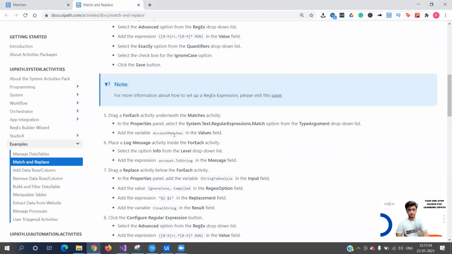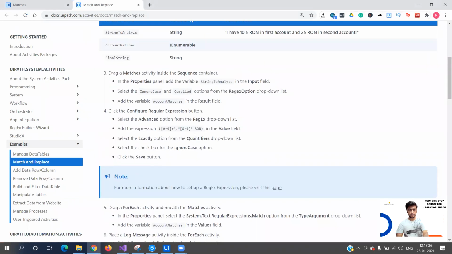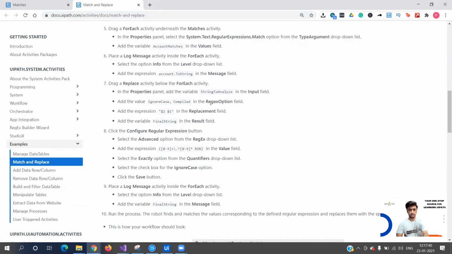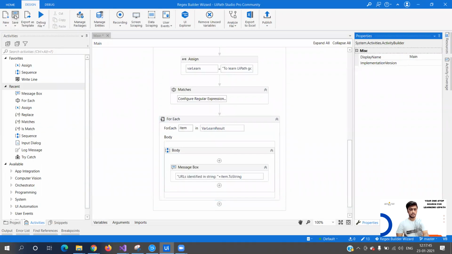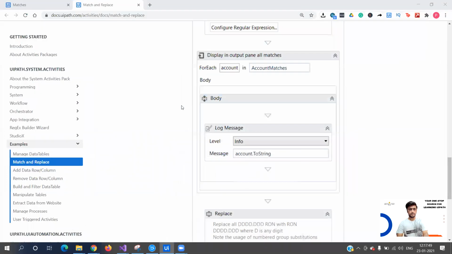Option from the add the variable account matches. Account matches is add the variable account matches in the result field. Okay, we have account.ToString. Yes. Let me save this and let's run again. So this is how you identify errors, you learn to debug, and this is how documentation helps you get better at a particular topic.